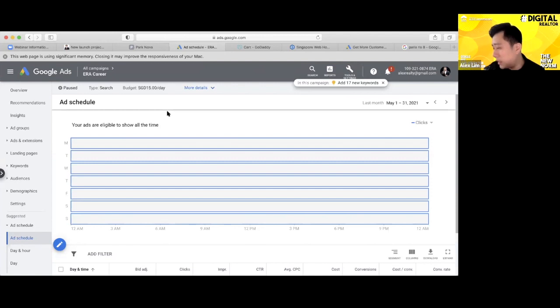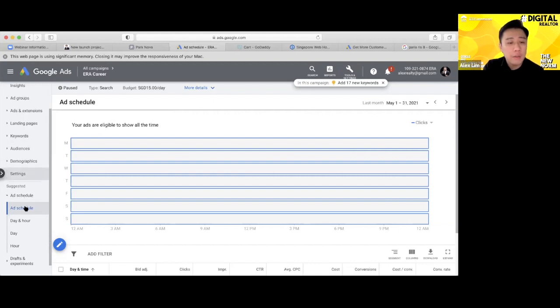Okay, so let me see. Any other questions? How do we set the budget? The way whereby it will be in the top 3 on the first page. So what you will do usually is, now for example,